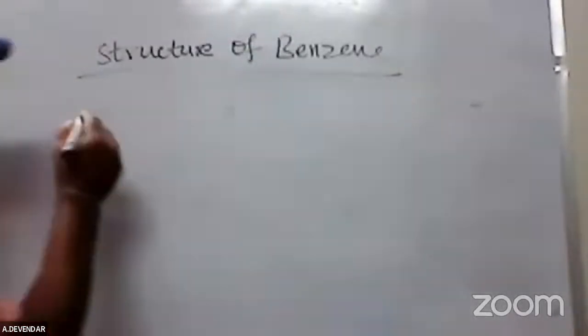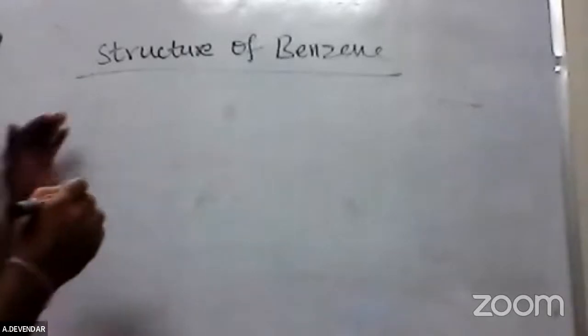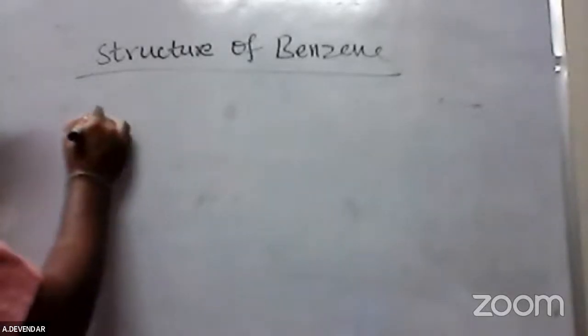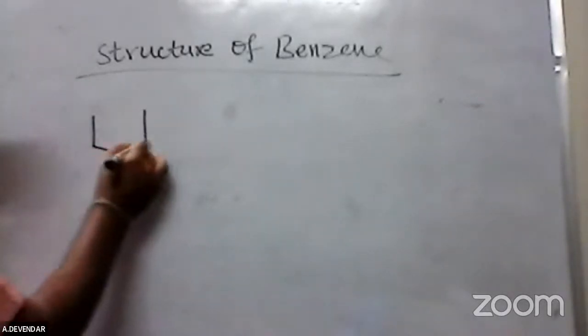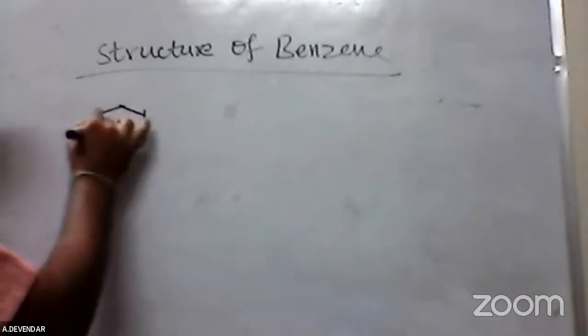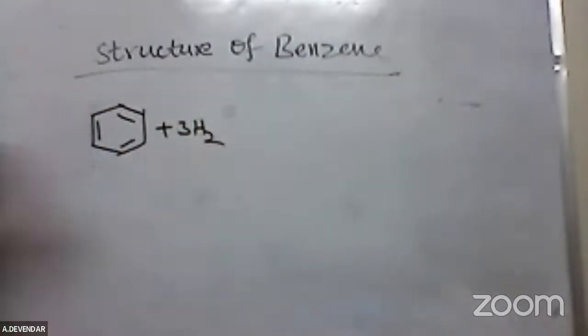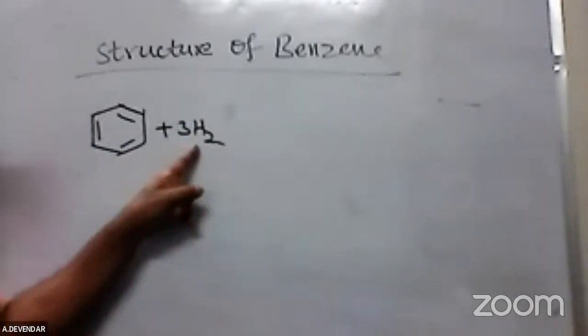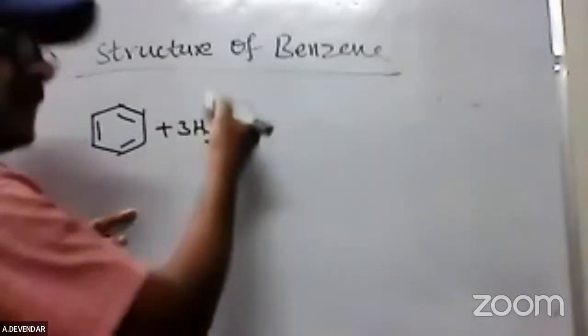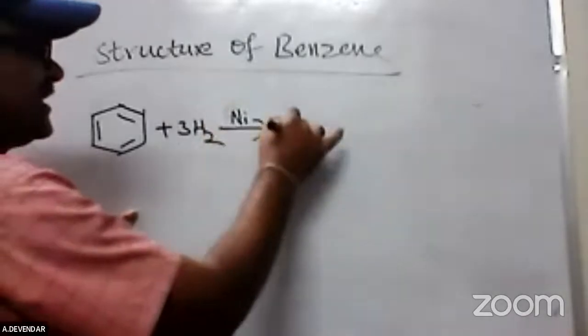I am using this particularly because I don't want to explain before the structure. If this is the benzene ring, it undergoes addition of 3 molecules of hydrogen in the presence of a nickel catalyst,